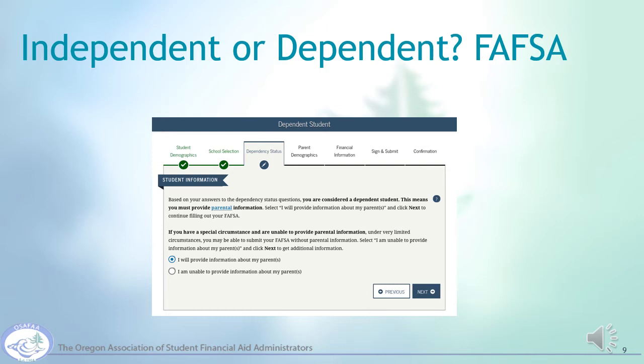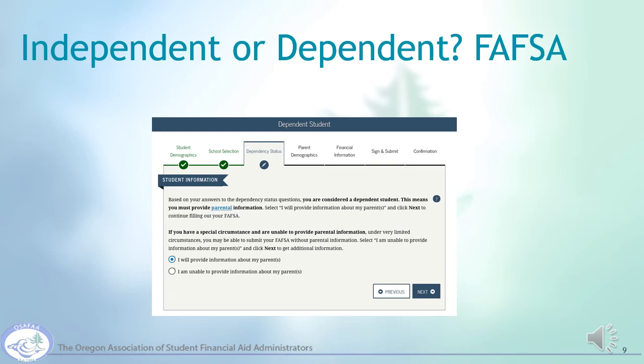This means that financial aid offices won't be able to start processing the FAFSA application until it's completed. However, if the student has special circumstances, such as it being harmful for them to be in contact with both of their parents, the students will want to select the Unable option and then contact the financial aid office of the school or schools they are interested in attending for assistance on how to proceed. The student will need to contact each individual school listed on their FAFSA to discuss the options at that institution.